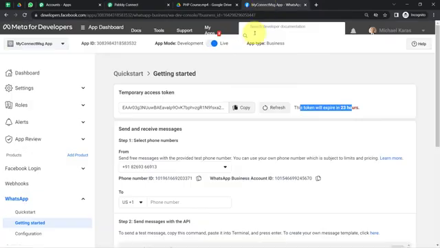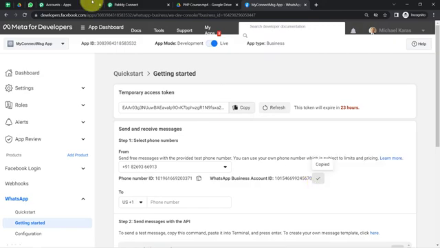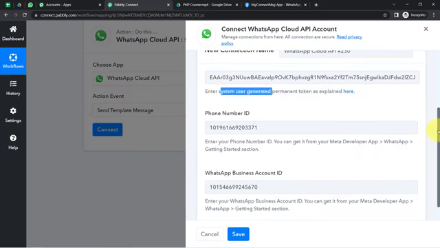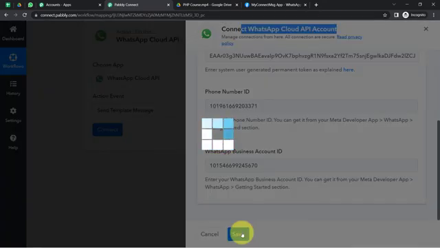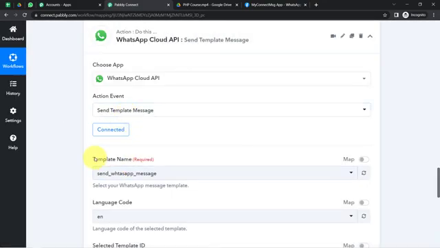Phone number ID, okay, so this is the phone number ID, copy and paste it here. Finally, the WhatsApp business account ID, copy and paste it here, and you can even follow the instructions. So this is how you can set up your account in WhatsApp Cloud API, generate the permanent token, create an app, and this is how you can connect your WhatsApp Cloud API account with Pabbly Connect. Click on save, and you will see it will be connected immediately, and the very first thing it will ask